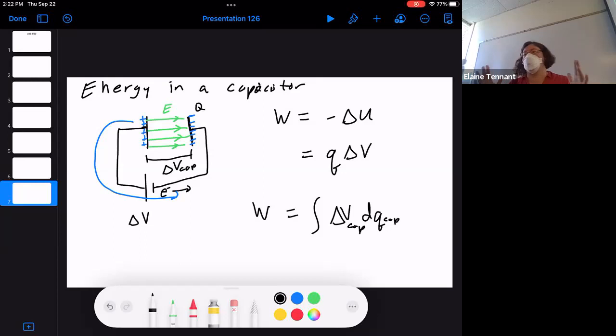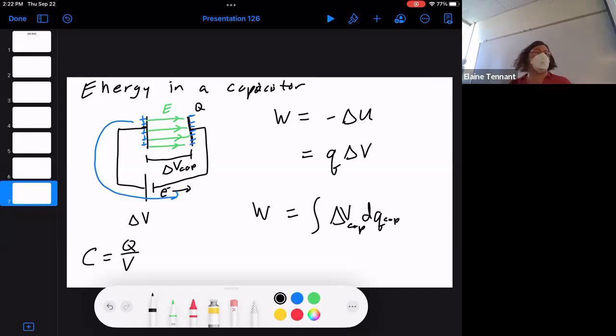No, okay. But as soon as I start putting charges on it, that's when the potential difference forms, right? So in this case, the potential difference on the capacitor is not a constant. We can't take it outside of this integral. It's a function that depends on charge. And luckily, we know what that function is